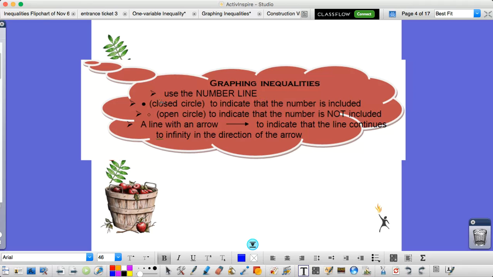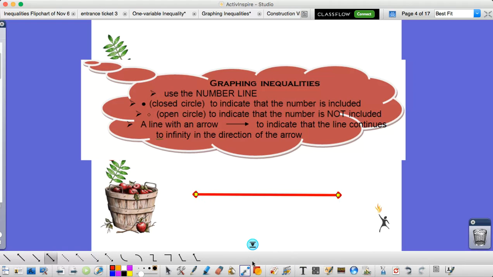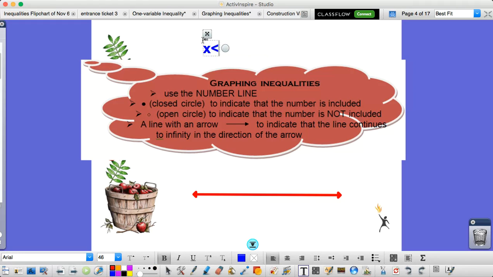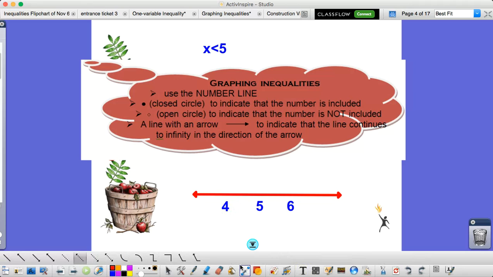All right, graphing inequalities, you have to use a number line. So if you remember from Math 7, when you're graphing something on a number line, it just looks like this. It's like a number line. And then you have to decide what am I going to do. Let's say you have something that says x is less than 5. Well, then your number line has to have the number 5. Then it should have 6, and it should have 4 on it so that we know what we're talking about here. And then you would have to put a number line that goes to the left